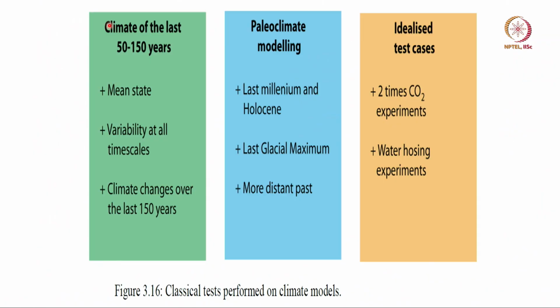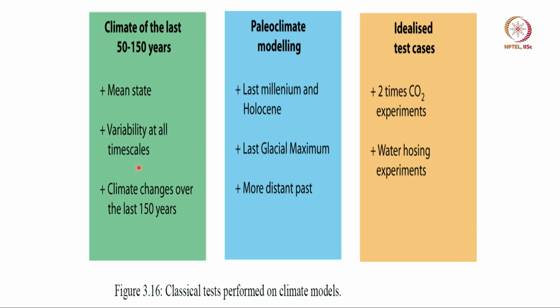So let me give an example of what has been done with climate models over the last 30-40 years. So people have simulated the climate of the last 100 years, because if you want to predict what will happen in the future, you must be able to correctly predict the past, the immediate past at least. So you have to get the mean state correctly and how it varies over all these years. So a lot of models have been run for the last 100 years to make sure the model correctly simulates the climate of the earth from 1850 to today.